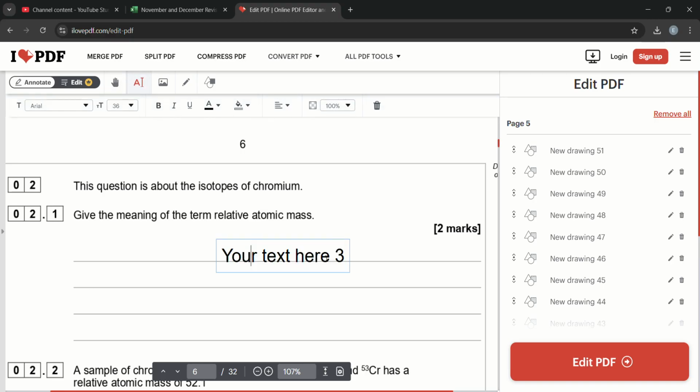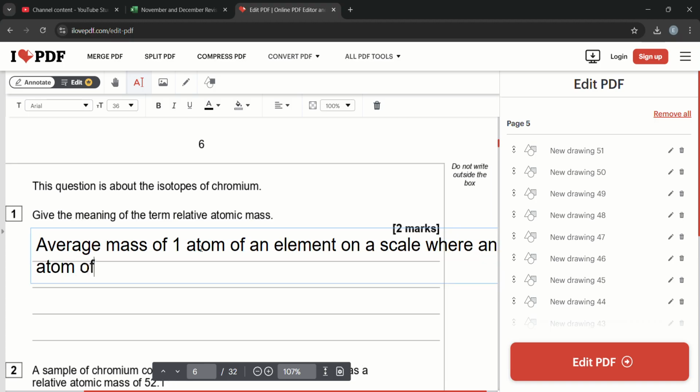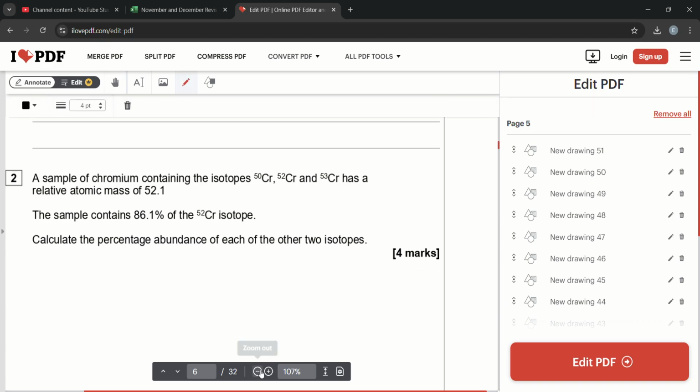It's just a definition question, and they really like to ask it. You should know the definition of relative atomic mass by the amount of times it appears, including in past paper questions. Average mass of one atom of an element on a scale where an atom of carbon 12 is 12. Then it says